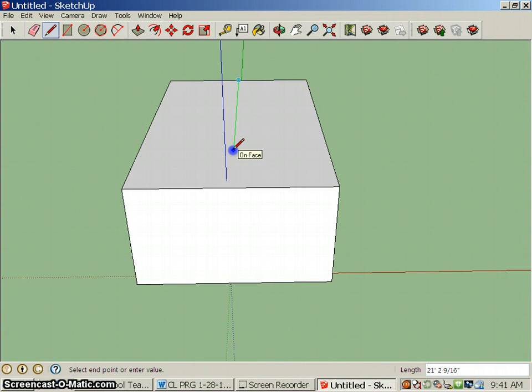And I've got that green line down there. That means it's on the correct axis. And I'm going to keep going. It says midpoint on the other side. That's exactly what I want. I want to go midpoint to midpoint when I make that line. And now I'm going to use the